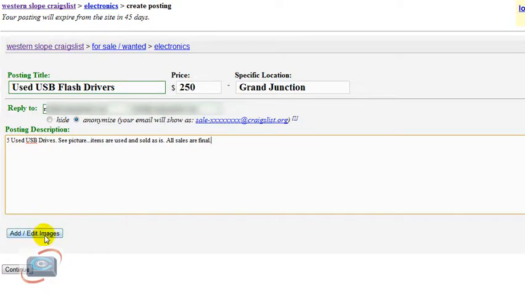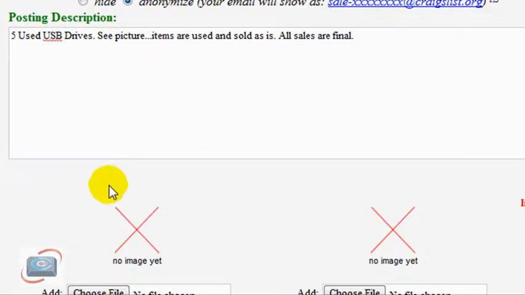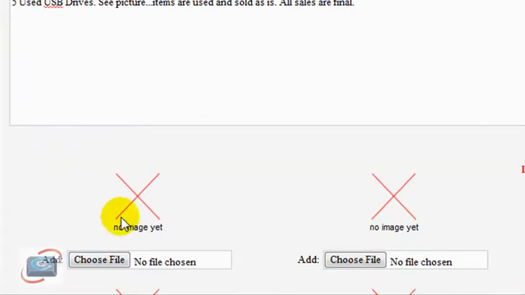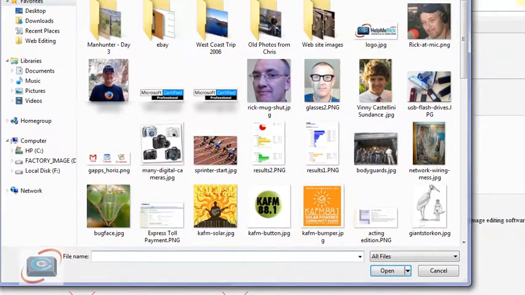Then we're going to add an image. So we're going to click here, Add Edit Images. After you click that, you get the option here to upload your images. So I'm going to click Choose File right here, and I'm going to navigate to my USB flash drives, and